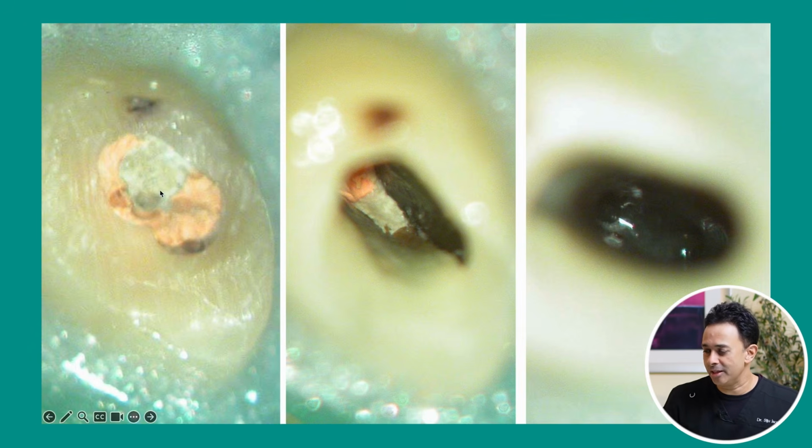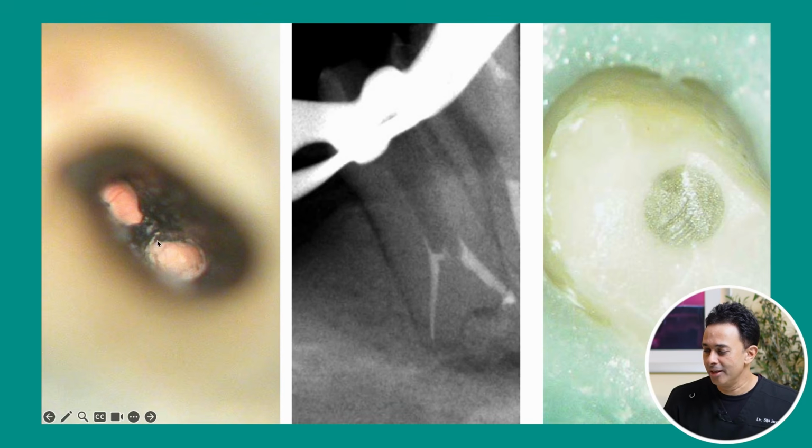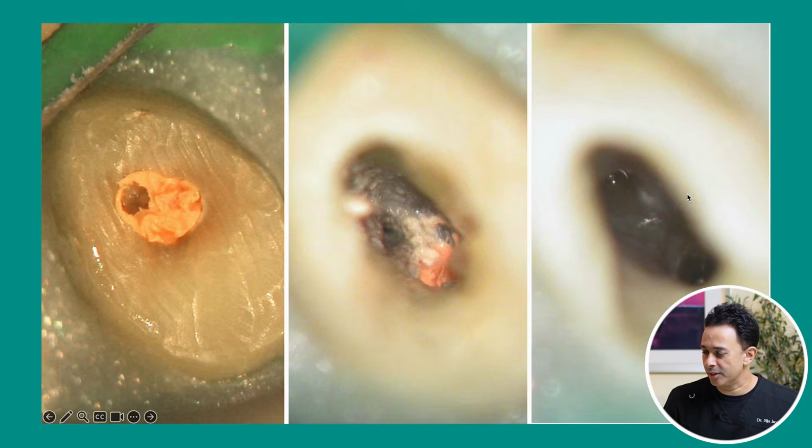The first tooth you can see has gutta percha there. That's the filled canal, and towards this side is a missed canal. So you have two canals all cleaned and shaped, and then we obturated the tooth. You can see the missed canal here as well. And then we put a fiberglass post and composite core.